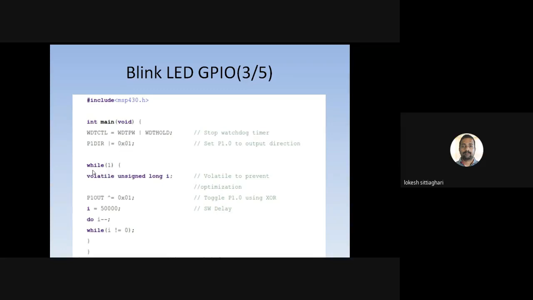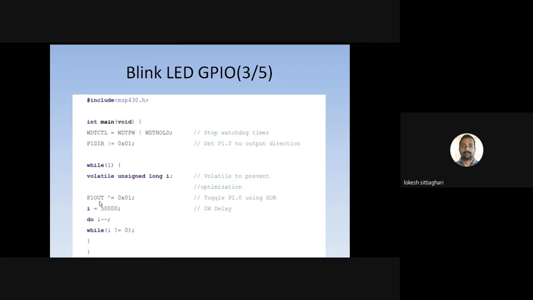Next, while(1) continuously does this loop. P1OUT XOR with bit 0, which you can write as the hexadecimal number 0x01, or directly BIT0 with capital letters. The same applies for bit 0, bit 1, bit 2, bit 3, bit 4, bit 5, bit 6, bit 7. So you can make any one of the pins connected to the LED. Here by default we have P1.0, where we have a red LED. That's why we are taking P1.0.